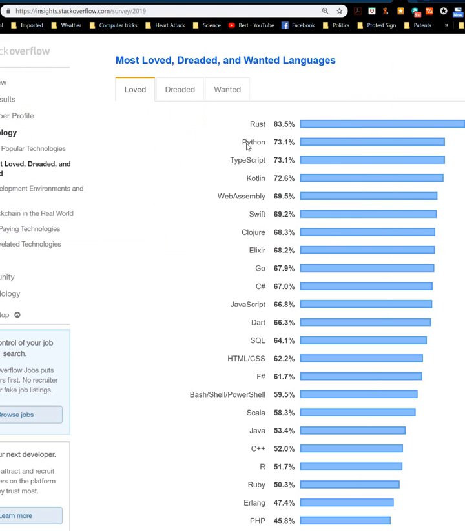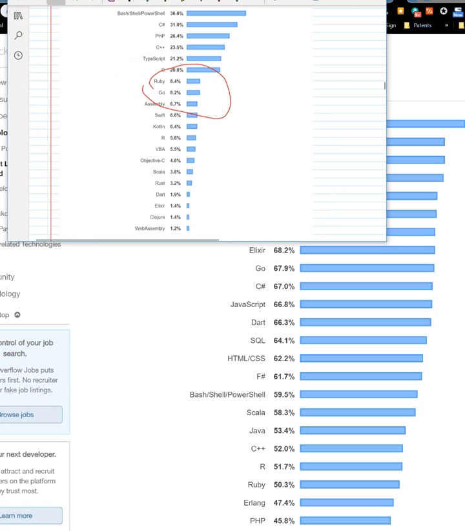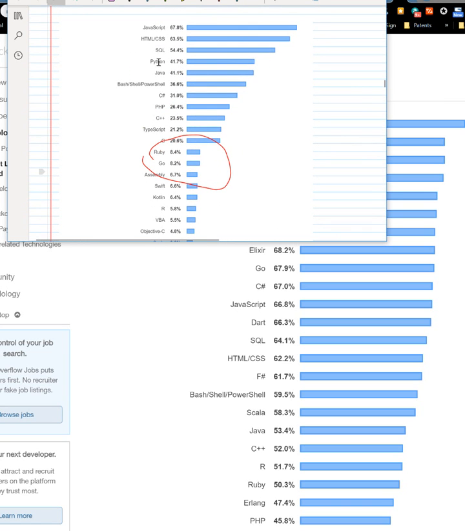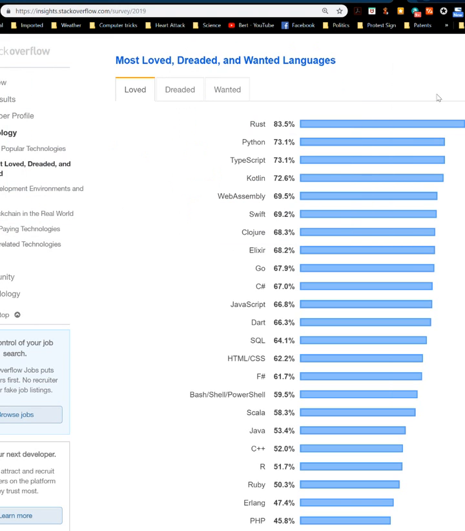But the fact of the matter is that you got Python here. Now Python, 73% popularity. Now again, let's look at where that sits in the greater scheme of things. Well, that's way up here. It's actually edged out Java. So this gives you an idea. There's a lot of people that program Java. So Java's become a more popular programming language. A lot of people using it and loving it.